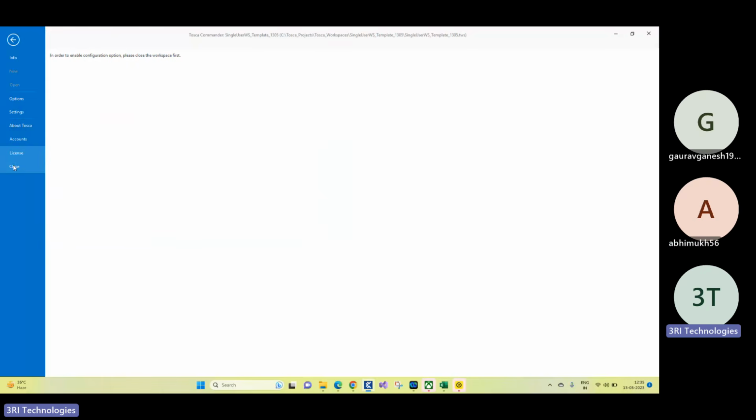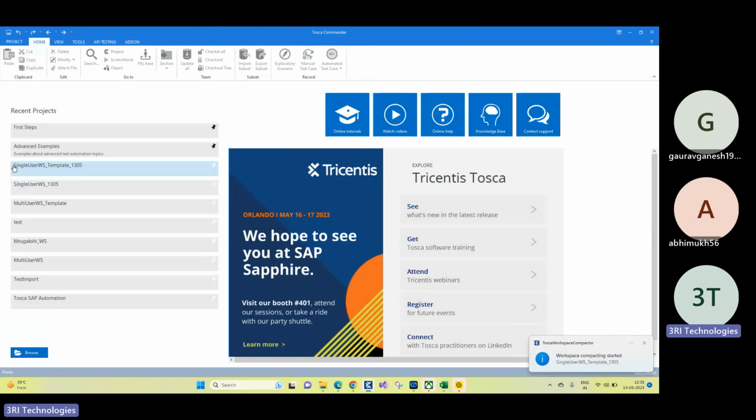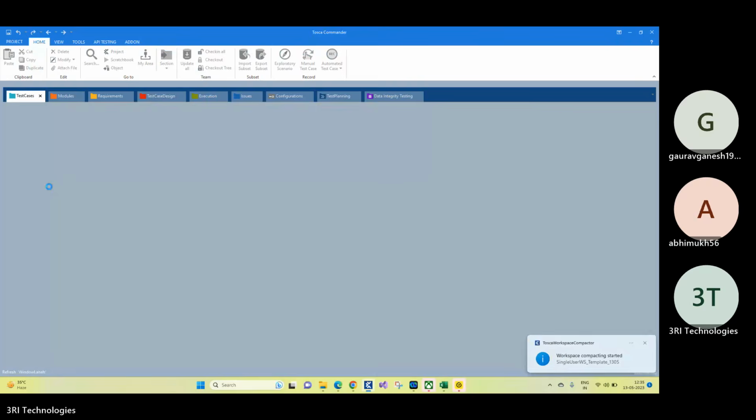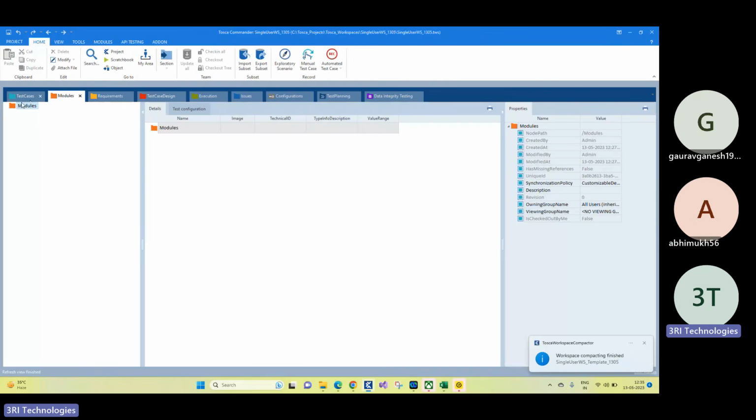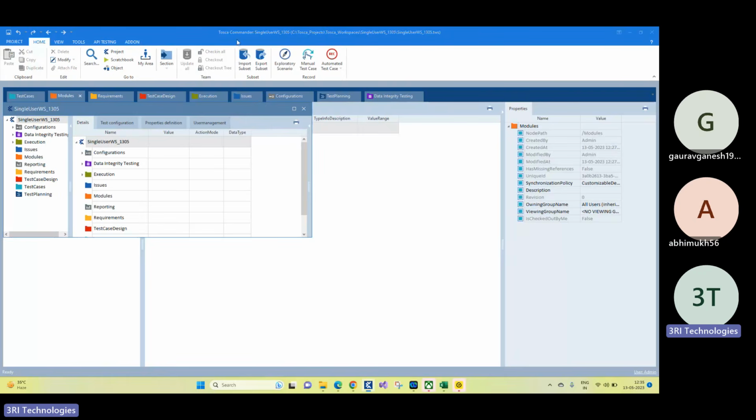Let me close the workspace and come back to your question. Single user workspace 13.05. So this is what you're telling, right? What if we do not have anything, and what if we need all those options again? What you will have to do is go to projects, and then we have here import export options, import subset and export subset.